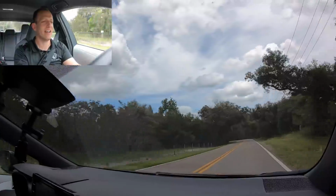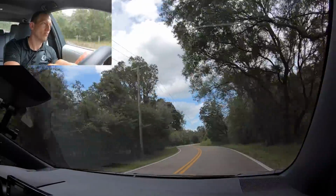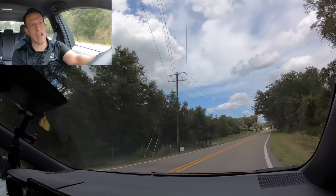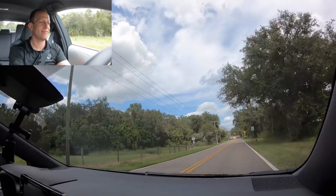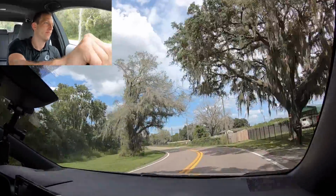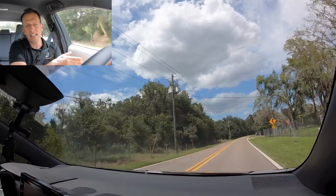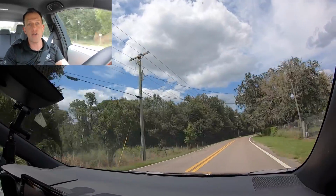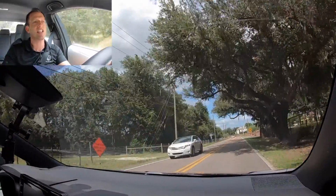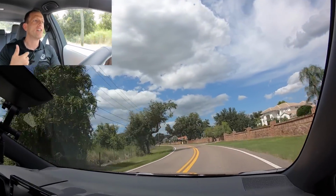Look at this. Nice flat all the way through. Did not lift. Very nice. I'm telling you, the front end stays planted. She doesn't want to wash out and understeer on you. Really, really predictable, confidence inspiring, and this is why I say that I love driving these lower horsepower sporty cars,